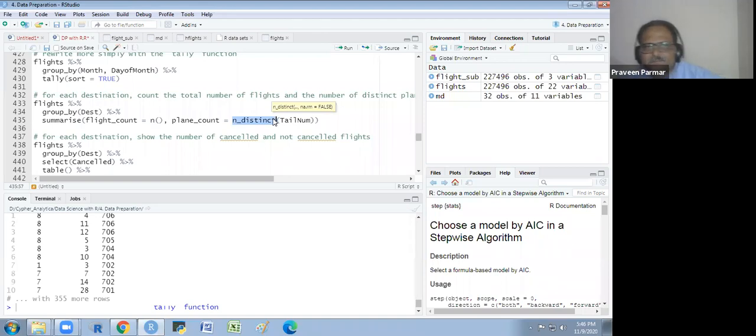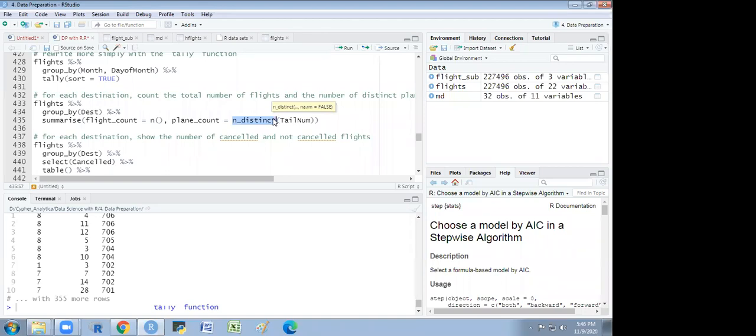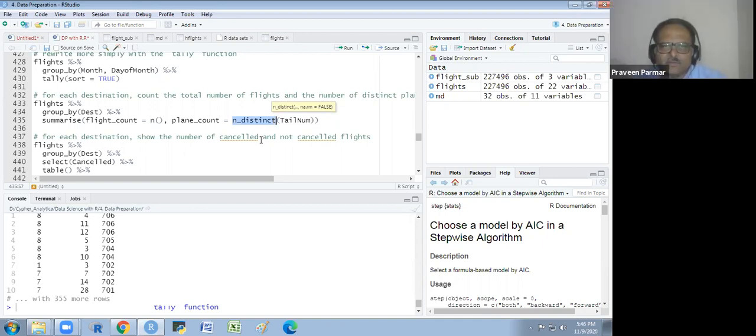Got it? This is also a function. We use this function for the tail number, because every plane has a different registration number, not a flight number. I am talking about the tail number. So how many different planes arrive at that particular airport? Got it? Yes, sir. How many different planes come there?